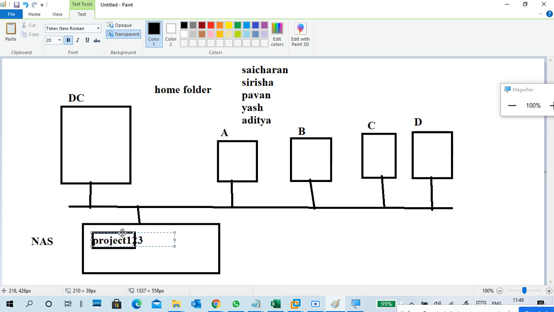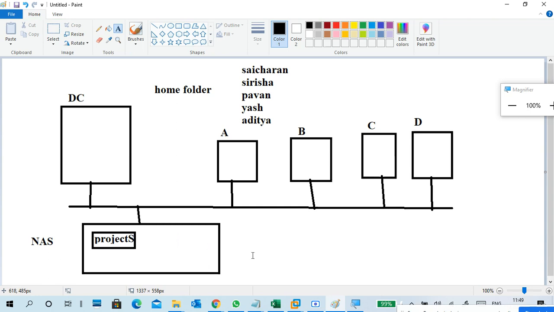So this is a folder name. For example, Project S, a lot of S people are there, so I will put a name like that. Okay, this is my project folder.